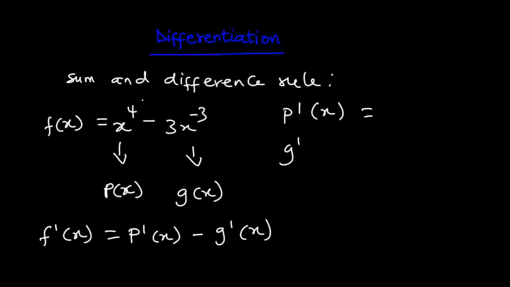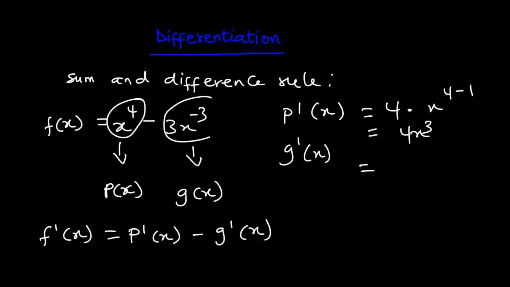So p prime of x will be equal to the derivative of this value here, and that will be 4 times x to the power 4 minus 1, and this will be equal to 4x to the power 3. And then for g prime of x also, that will be the derivative of what you have here. So that is minus 3 times 3x to the power